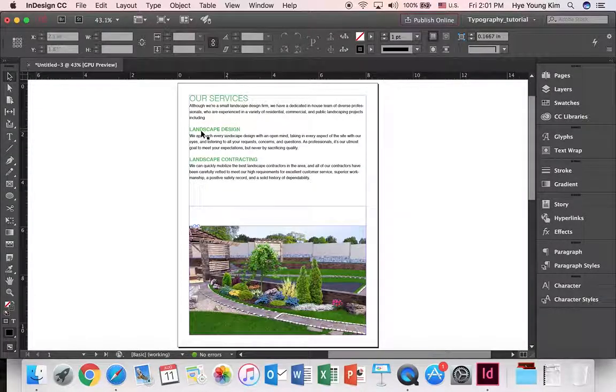Landscape design: Helvetica, bold, 15, green color. Landscape contracting: Helvetica, bold, 15, in green. And all the leading I increased to 18. Okay, we're going to repeat. At this point, I want you to hold the Shift key,